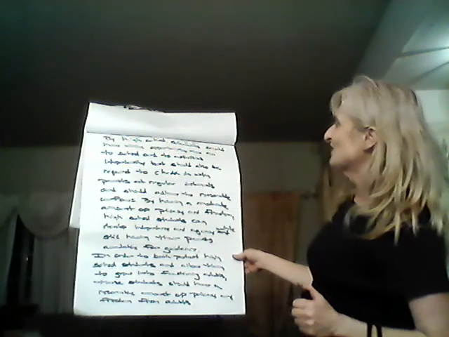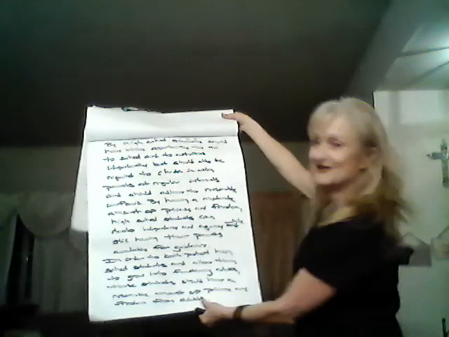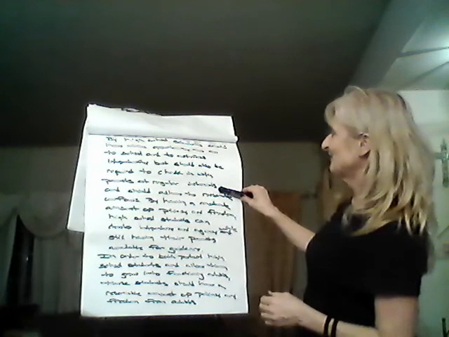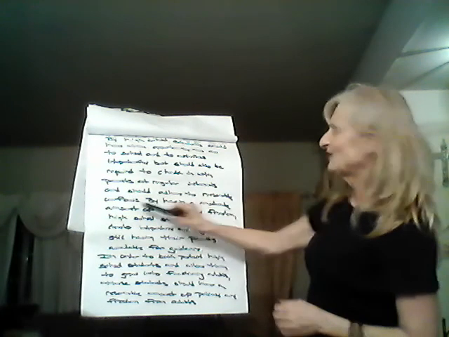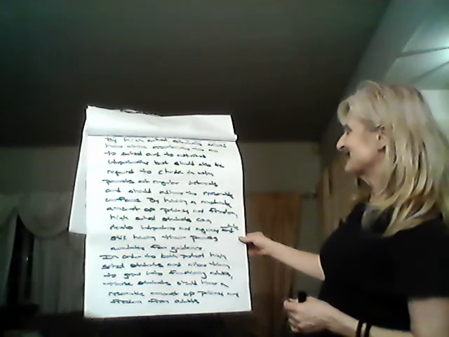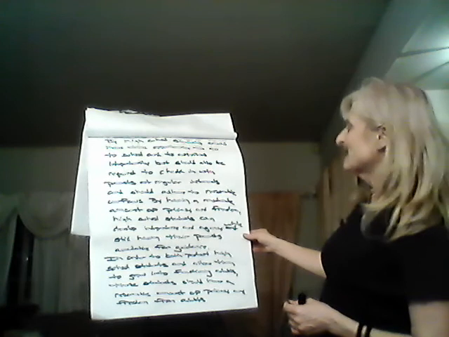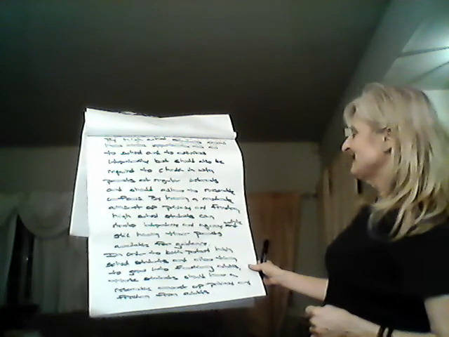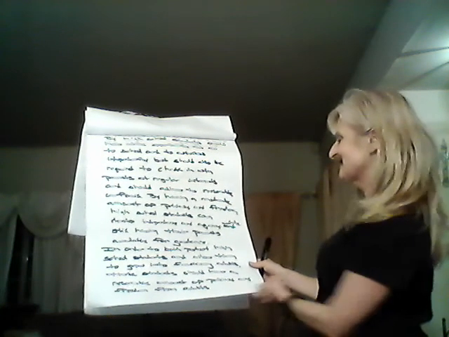Okay, flip through here. By high school, students should have the opportunity to go to school and to activities independently, but should also be required to check in with parents at regular intervals and should adhere to reasonable curfews. By having a moderate amount of privacy and freedom, high school students can develop independence and agency while still having their parents available for guidance. In order to both protect high school students and allow them to grow into functioning adults, these students should have a reasonable amount of privacy and freedom from adults.